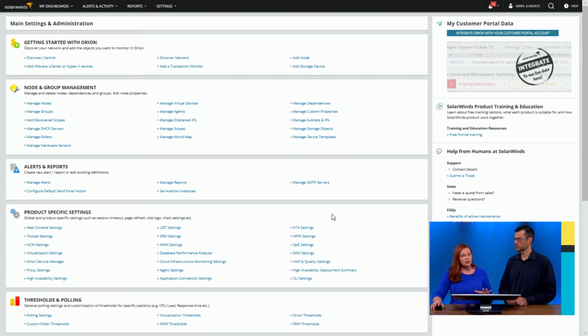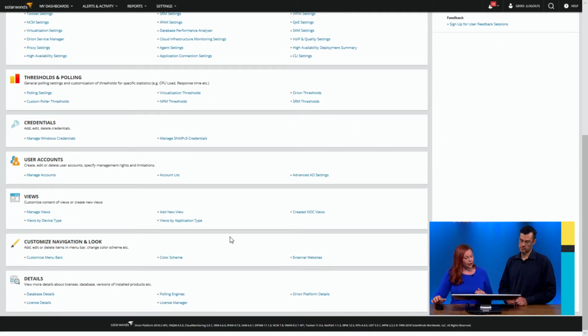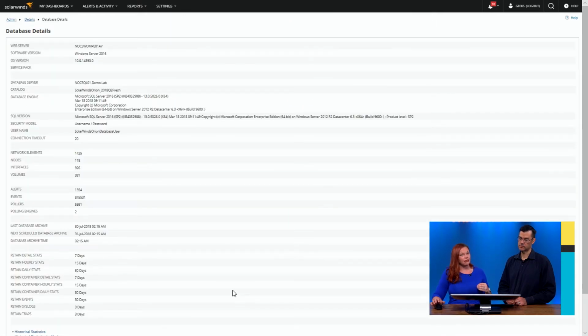Okay, so we stay a lot in this screen because it's so significant to your installation and it gives you a lot of data. And we're barely scratching the surface with all the available information here. So we're going to go back to the All Settings page from the top and scroll back down. I wanted to show a little bit of the database details itself, because a lot of times you accidentally get this. And I say accidentally because they're like, hey, take over monitoring, and you're like, I'm not a DBA. Well, this is a great way to get a feel for what you're actually looking at.